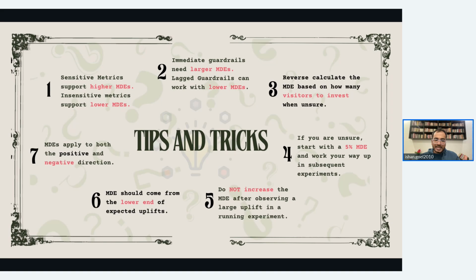suppose I'll take an example of why it is wrong. I set an MD of 5%, and it told me that my test should run for 4 weeks. And then in the first 5 days, I'm seeing an uplift of 20%. And so I'm like, okay, let me change my MD to 15%. And probably when I change my MD to 15%, I reduce the required duration of the test from 4 weeks to 1 week. And in the next 2 days, it is very likely that I would not gather enough evidence if my 20% uplift is a fluke. So when you see a larger uplift, the idea is that you should run the test